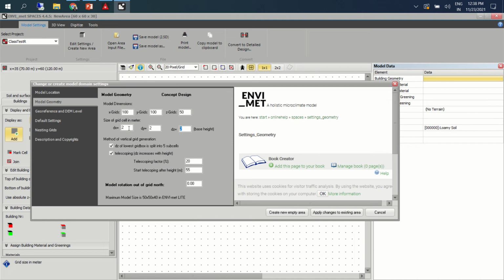I am having the free version, so it's showing that 100 by 100 by 50 is possible. If I take 60 by 60 by 30, then what will be the size of the grid? This is for scaling. You can keep it as it is also and model it.